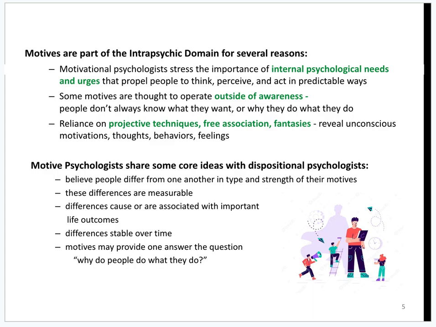So your motives, and we're going to talk about the big 3 motives in the next video. Let's say you've got a high need for achievement. If that's really, really high, then that's going to drive you to have the perceptions and the thoughts and the behaviors in the direction of achievement, and you're going to want certain things. You're going to make certain decisions in your life about what major you're going to take at university, what job you're going to take, how hard you're going to work. It affects your life. And we'll talk more about that later.